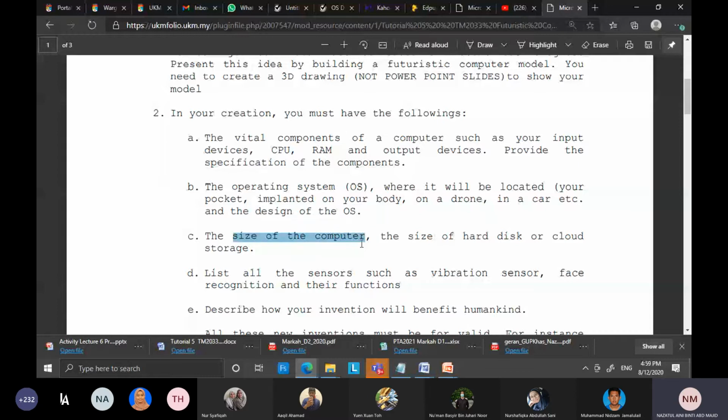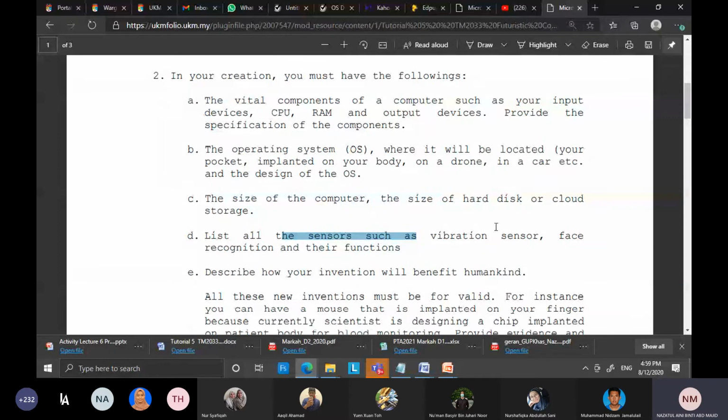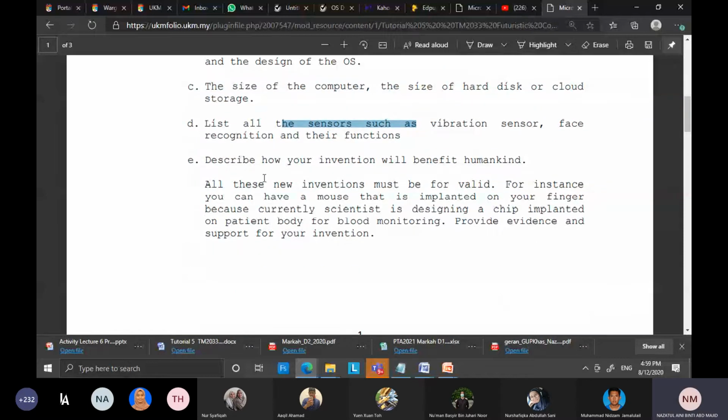Is it small, something very small, or is it very big? You need to let us know, and the size of the hard disk or the storage. And then you need to list out all the sensors, vibration sensor, face recognition, and their functions. So you can search and add anything that is useful. You find the goal of your invention and try to make it useful, because you need to describe how your invention will benefit humankind. Okay,